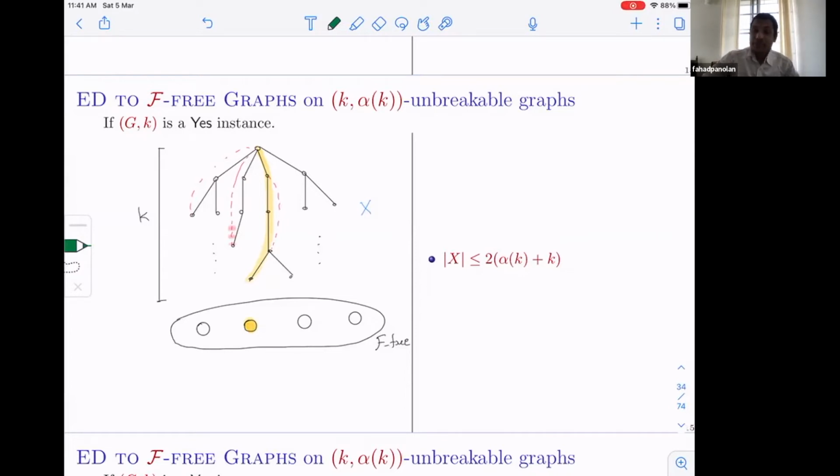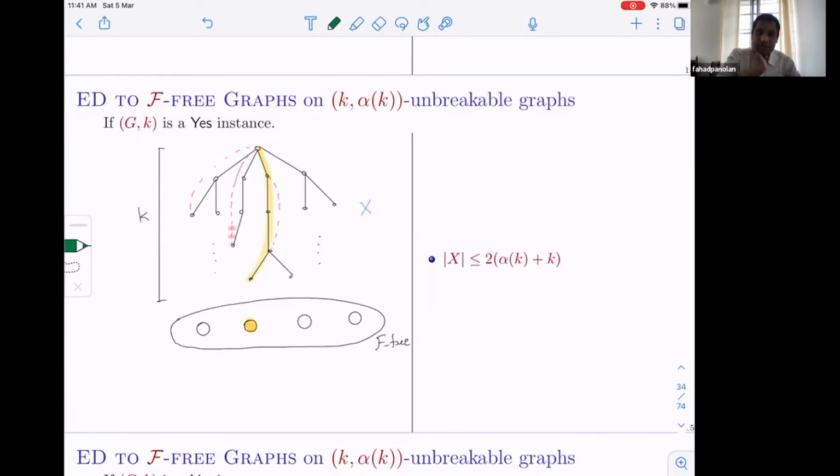And so that is the first implication. So the size of the tree is at most X. This is bounded by a function of K. And now if you